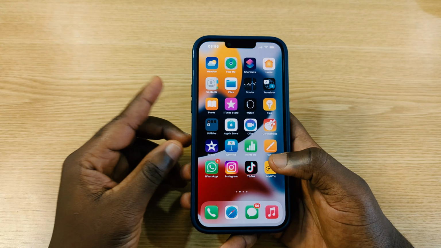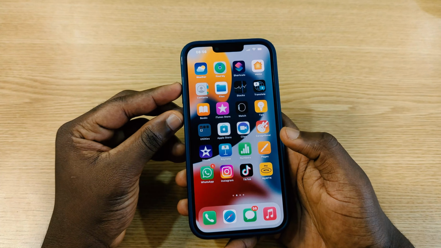So in today's video, I want to share with you how you're going to be able to install iOS 16